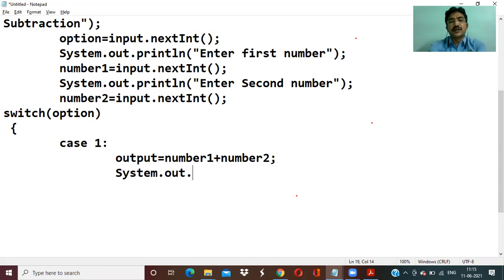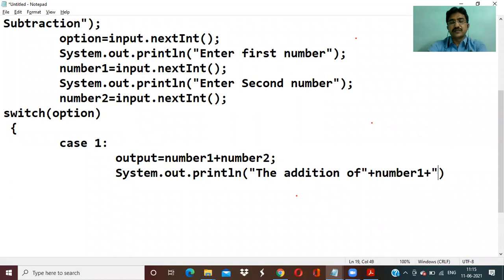System.out.println, the addition of, you can use number 1, number 2. If you want the space, you can use the space also.